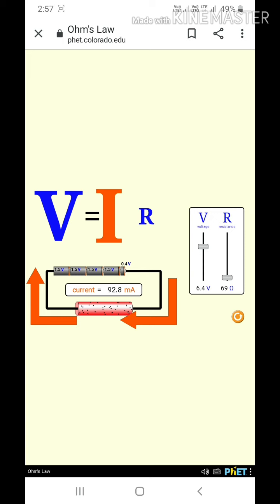So these are some simulations. I must say that this simulation allows a direct interaction between the user, that is the student, and the simulated equipment. Thus it makes it much easier for the student to understand the concept. Moreover, the students are able to reinforce theoretical knowledge, giving better understanding of the subject.